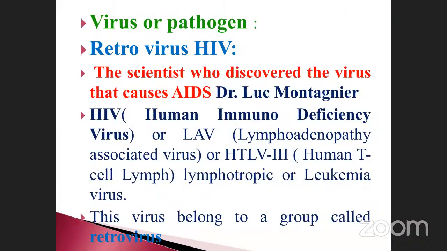Here, who discovered the HIV virus? It is one of the pathogens that produces the disease. The retrovirus HIV, note it down. This is very important. Already I told you about the structure. A retrovirus always looks like a round shape, and inside there are many molecules as well.